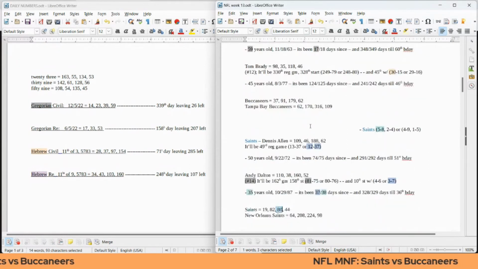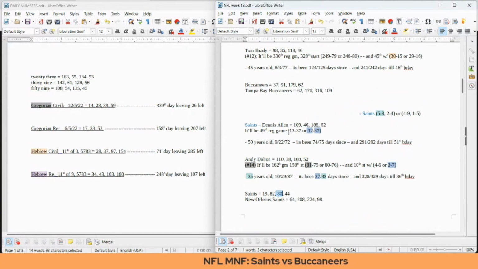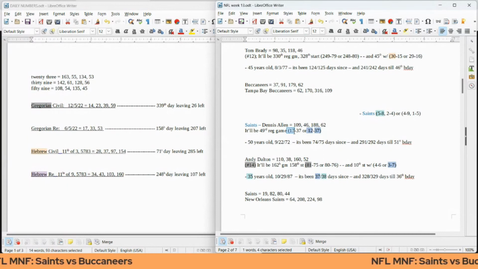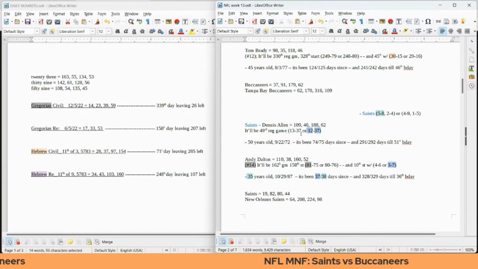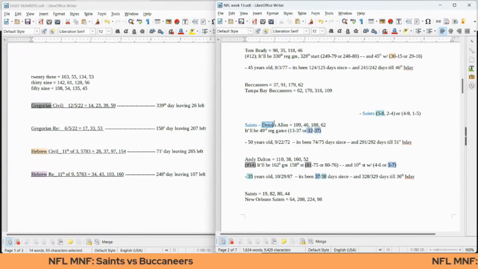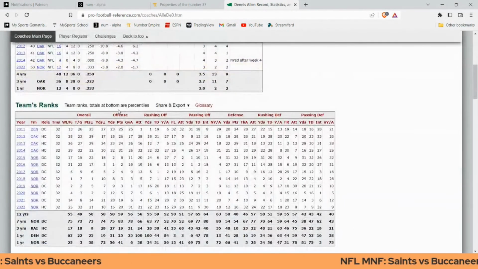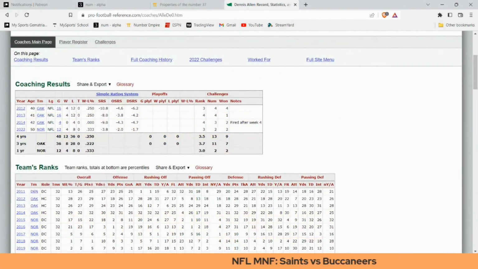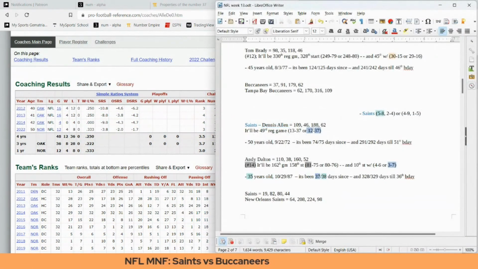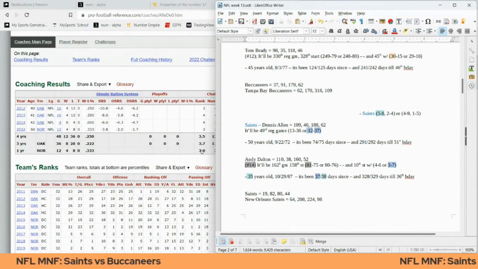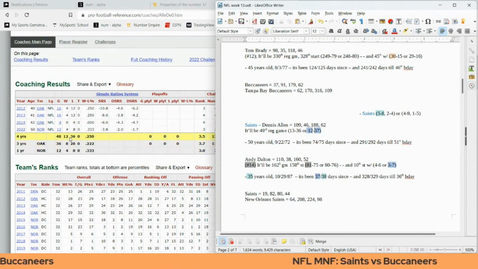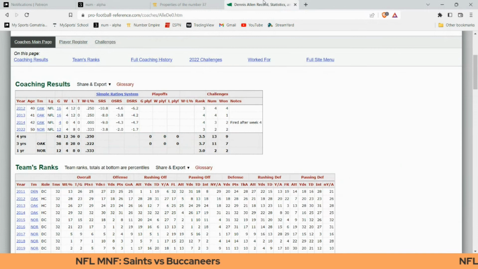And then what else? Saints coach can get his 13th win. Nothing jumps out. Oh, wait a minute. 1337. I might have this wrong, actually. Let's look this up. I may have made a typo. 36, so it's not a typo, at least not the loss part, but that part's a typo. So he comes in 1236. He could be 1336 or 1237. So the 37 is not a typo. It could just be sitting on 36.